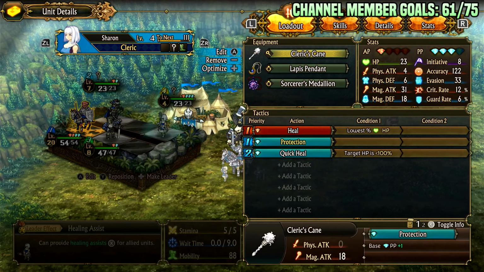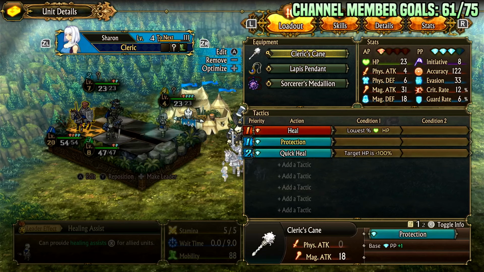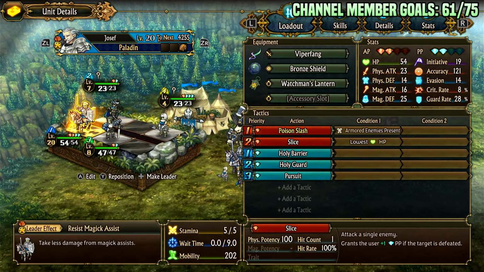And also the Cleric's Cane gives you an extra passive point, and with Lapis Pendant, this unit has 3 passive points, which is ridiculous. But it basically would allow you to tank a hit. So this would be a better thing. And then you could run another frontliner or something else. Now, the thief is not going to be getting healed, but this is an example of using something else to make the thief able to tank an arrow. Other things, of course,